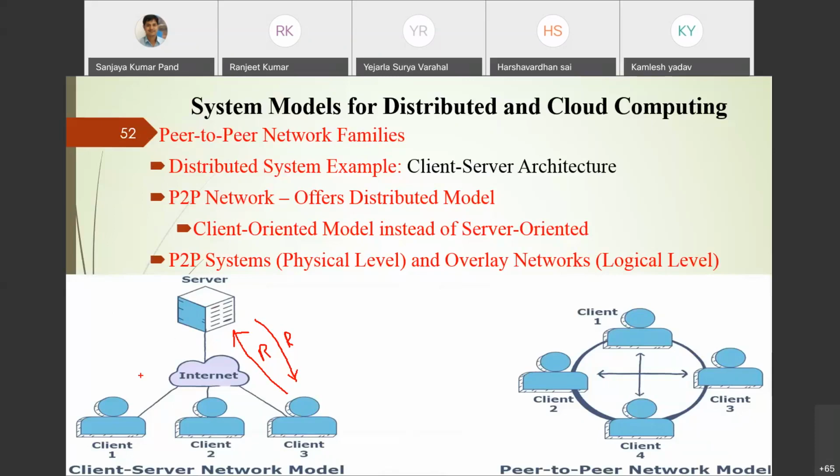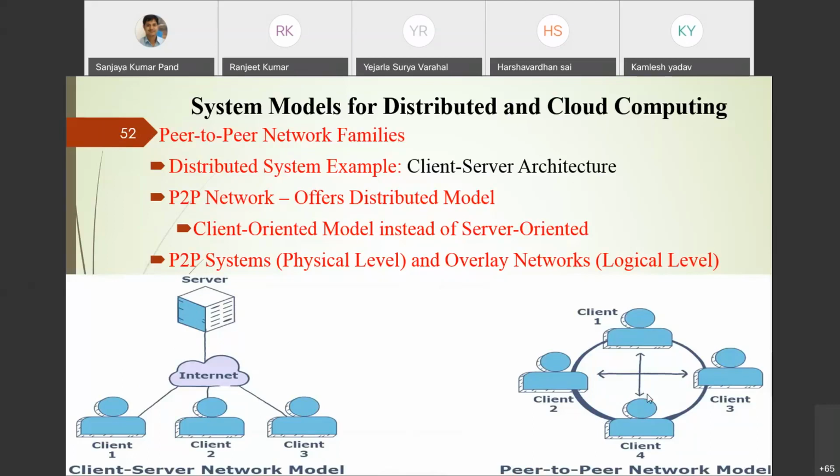You can say the instances of these servers are running under each and every individual client. So there is a drawback that if the server fails, then it will impact the clients. But here, if you see, there is no master slave relationship. One client is connected to another client directly. If one client fails, it will not collapse the entire system. That is the advantage you will get in the P2P system.